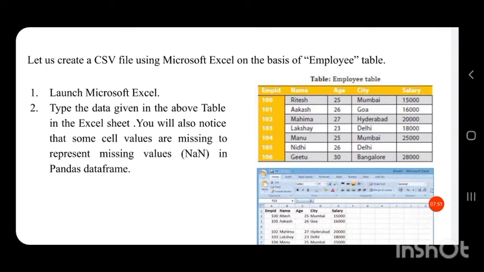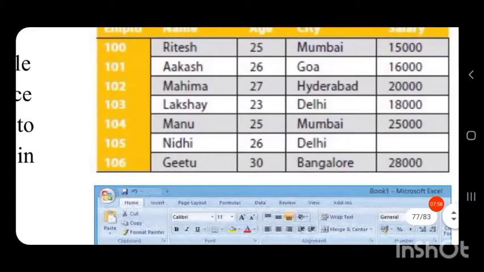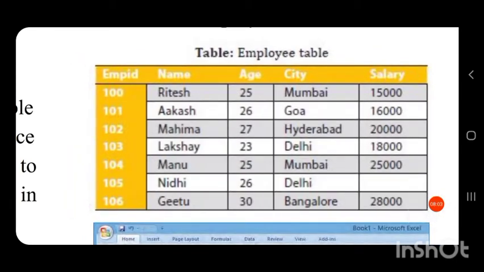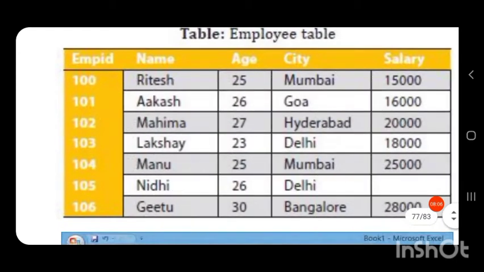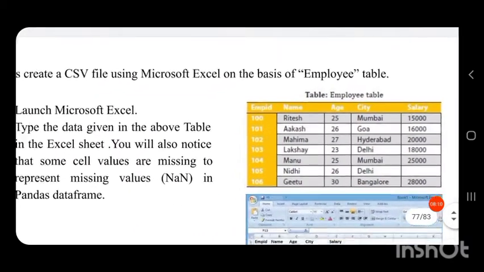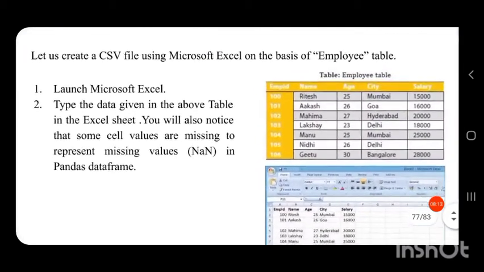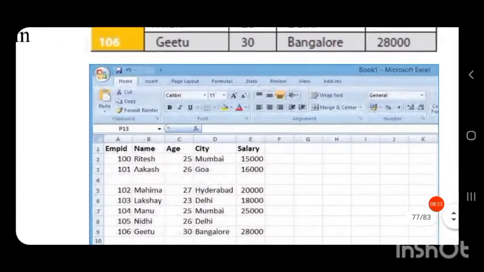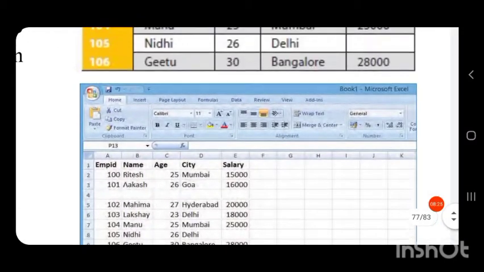So let us see how to create a CSV file using Microsoft Excel on the basis of the table employee. So this is a table employee and we have to create a CSV file using Microsoft Excel. So let us see how to create a CSV file. For that, first launch Microsoft Excel. Open Microsoft Excel like this and